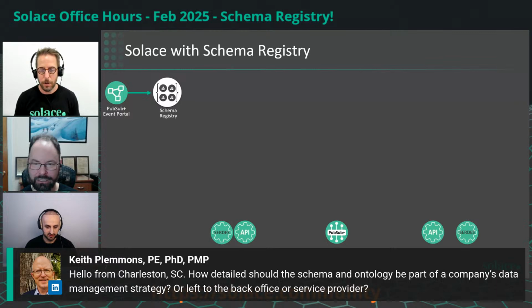I think it's very much a big part of the data management strategy, right? It's not really a middleware thing per se. It's more of a business and architectural thing. Yeah, I don't know. Do you guys have a